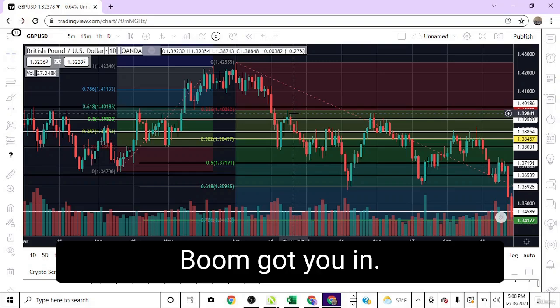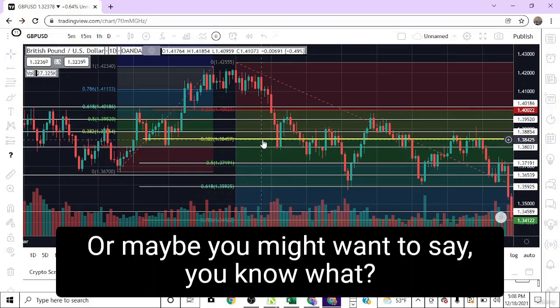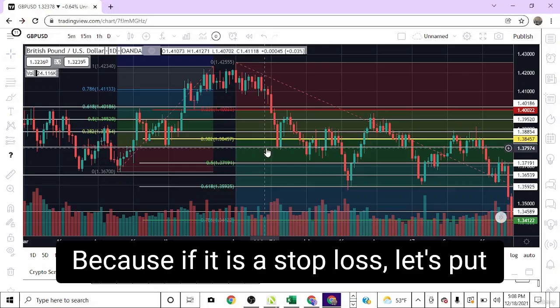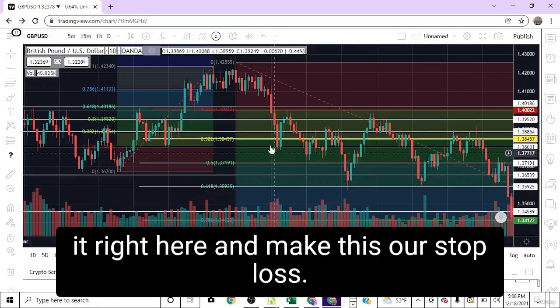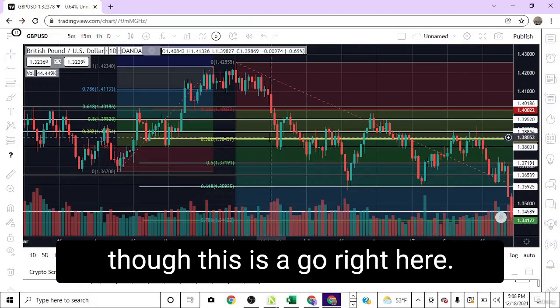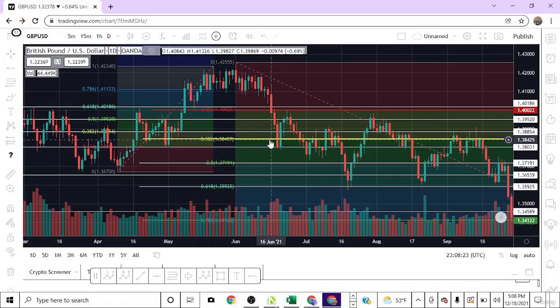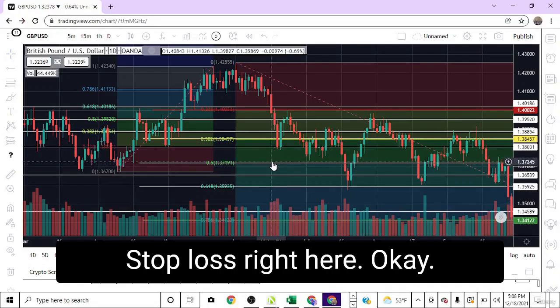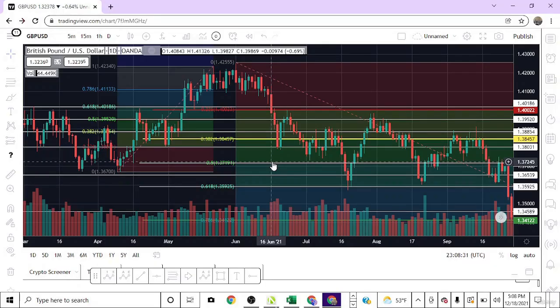Boom, got you in. Or maybe you might want to say, you know what, I'm going to get in just a little bit below that. Because if it is a stop loss, let's put it right here and make this our stop loss. Let's put our take profit right here, even though this is a go right here. Let's put it right here and then put our stop loss right here. Okay, so